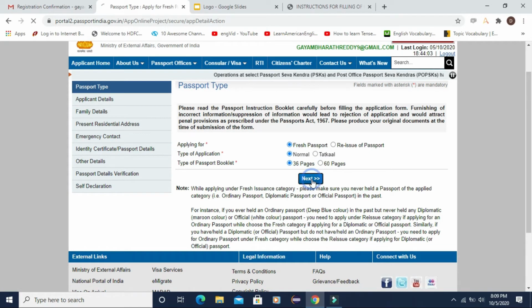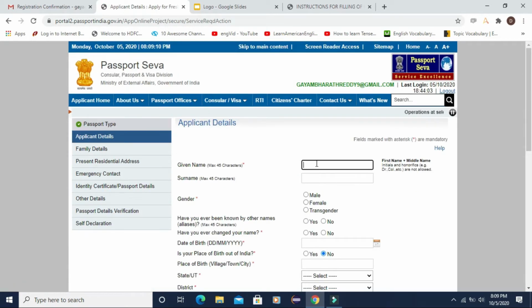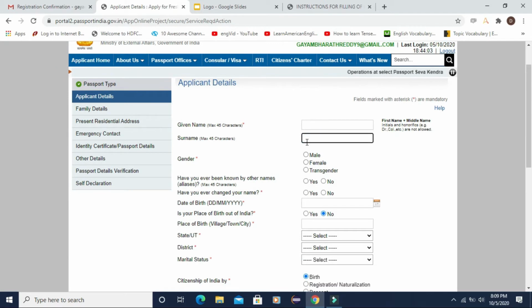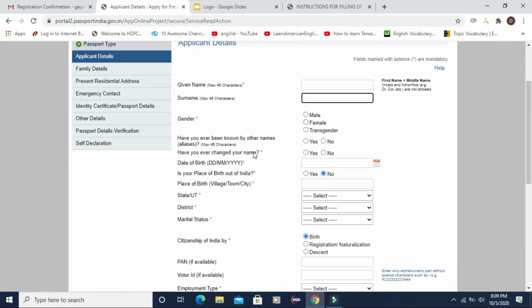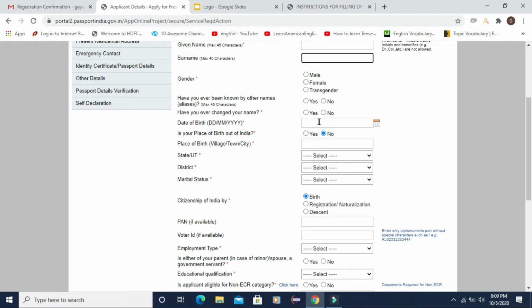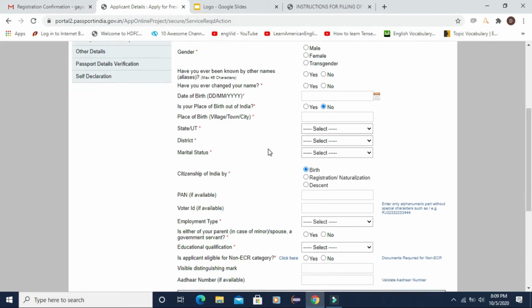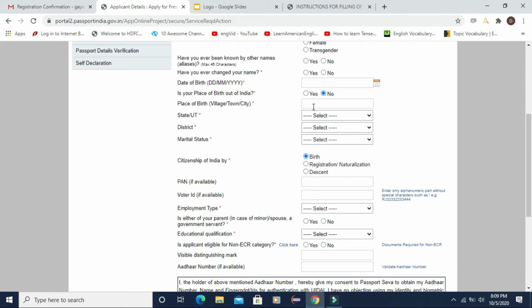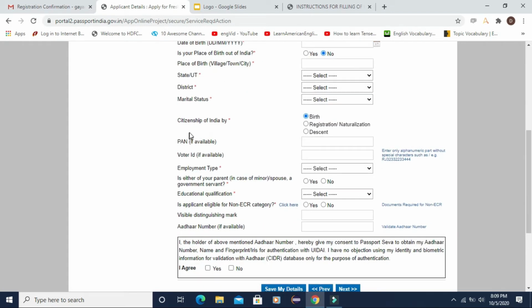Now click next and give your name and surname very carefully, select gender and answer these questions. Date of birth, and is your place of birth out of India? Select accordingly and mention your village, state, district and your marital status, whether you are single, married or separated, and citizenship of India by birth.